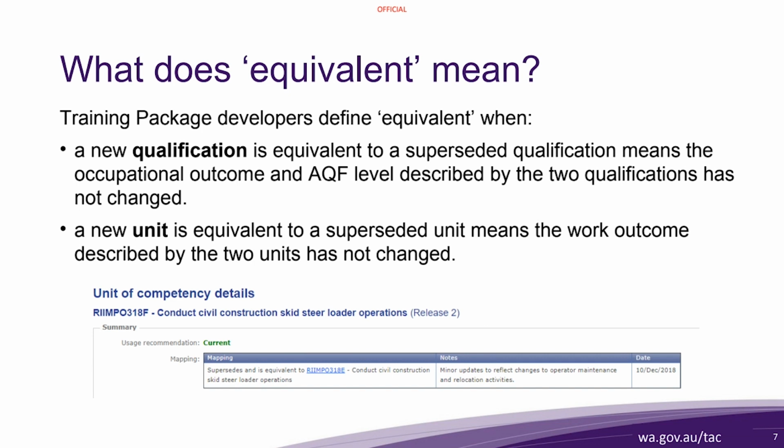It basically says that if a person is coming to you with the old version of this unit of competency, you can award credit for the current unit of competency. I need to stress here that I'm not saying you award them the new unit. What I'm saying is that the old unit can be used as part of a skill set or as part of a qualification where the new unit is required.